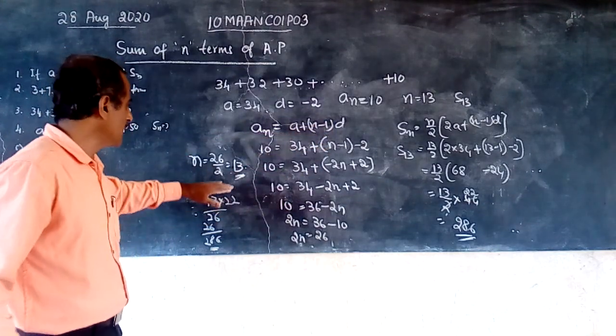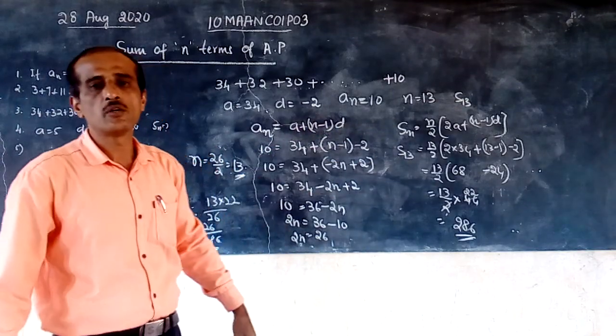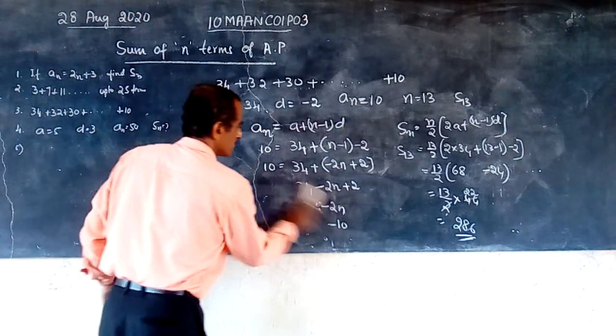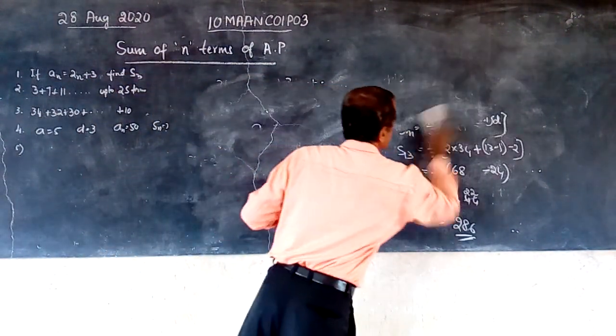Using this, calculate n like this, then apply our formula Sn is equal to n by 2 into 2a plus n minus 1 d. Okay, that is what you can do. Next, the next question is,